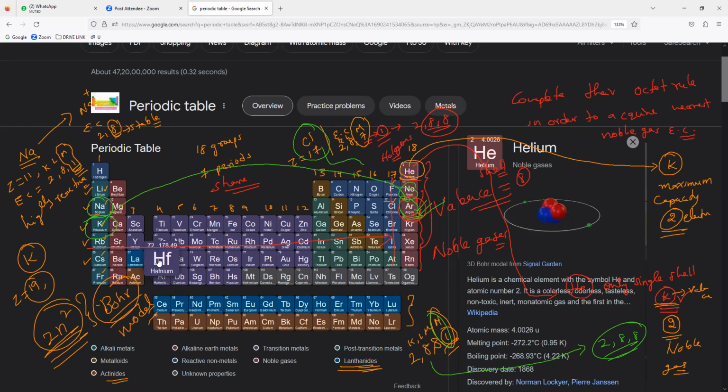From 57 to 72 are lanthanoids, and from 89 to 104 are actinoids. And here you can see these unknown colors: the properties are still under research. That is why that color is given. So I am not mentioning these in noble gases, because their properties are yet to be decided. These are not required. Learn only alkali metals,